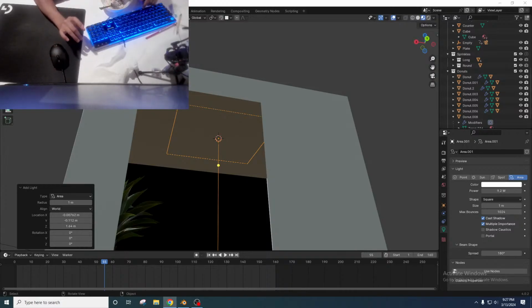By the way, this power value, there's something called the inverse square law that applies to all lights in the real world and in 3D software. It just means that if something is twice as close to something, it's going to be 4 times as bright. So what this means is that I've just added in an area lamp at the top of my ceiling, but that's because this is just the size of the box that I've got. If yours is a little bit shorter than this, then this lamp energy that we've just defined here as 10 watts is going to be a lot brighter. So don't copy the values that I'm putting here. Have a look at your scene and try to evaluate it and go, is it bright enough? Is it too bright? Do I feel that this fill light